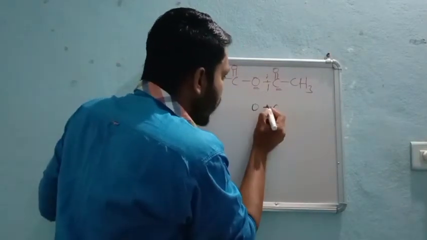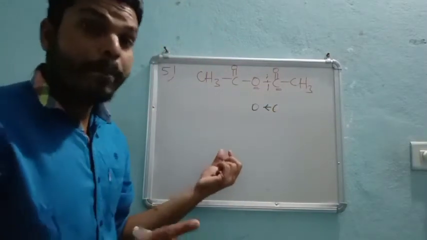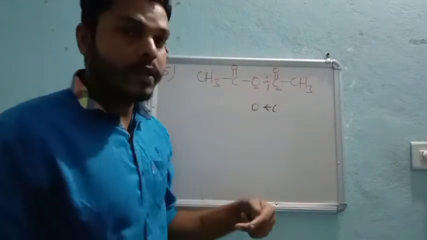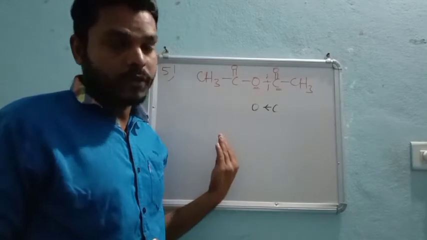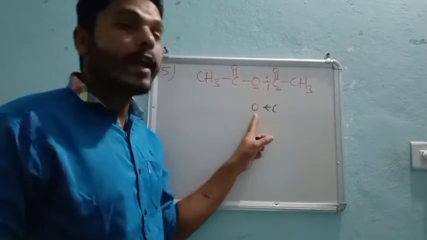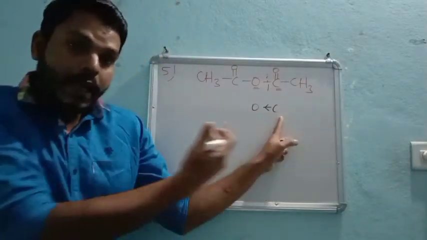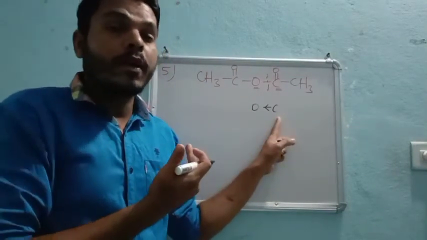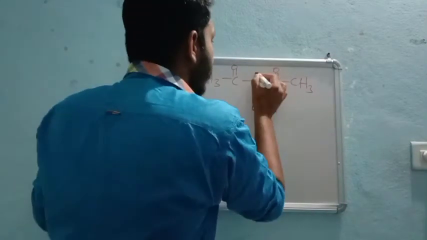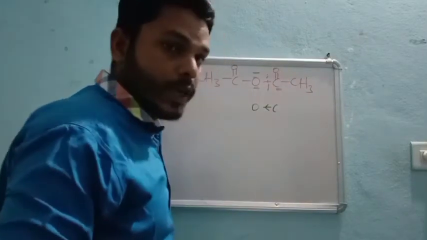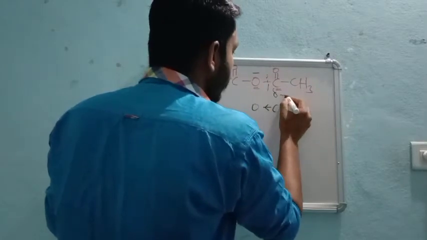While the bond breakage takes place, the bonded pair, that means the electrons involved in the bond, are attracted by the oxygen. Because of the higher electronegativity of oxygen than carbon, the electrons come near to oxygen. So it will get a partial negative charge, and the carbonyl compound gets a partial positive charge.